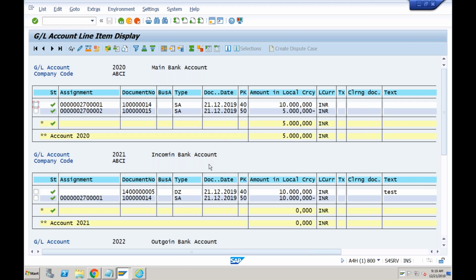In the bank reconciliation process, the amount from incoming and outgoing bank accounts is transferred to the main bank account. So whenever you are receiving the amount, whenever you are making the payment, you will not touch the main bank account. You will always touch incoming bank account and outgoing bank account.